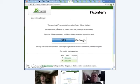This means that what was defined is that until the site gets 200 packages, 200 components, the Innovation Award will not start. But if the Innovation Award did not start, probably some authors would be holding back their contributions, and that will lead to a sort of chicken and egg problem. And so, talking with Arturs,